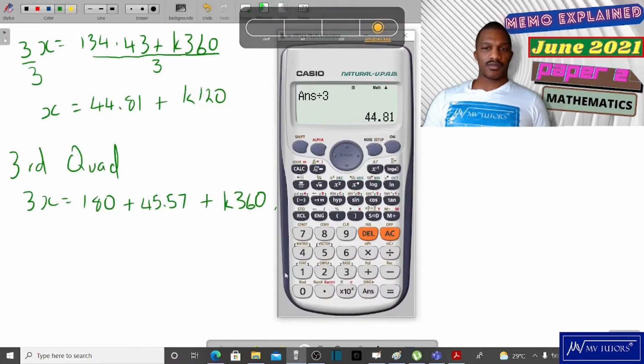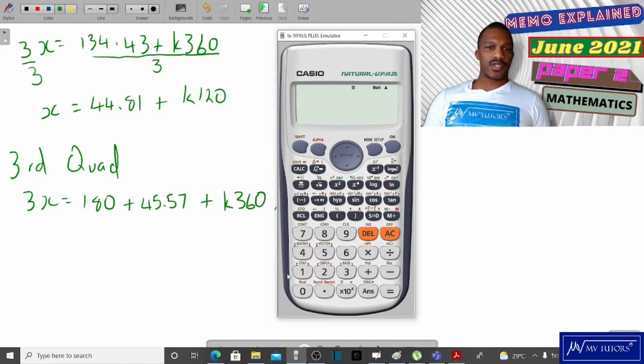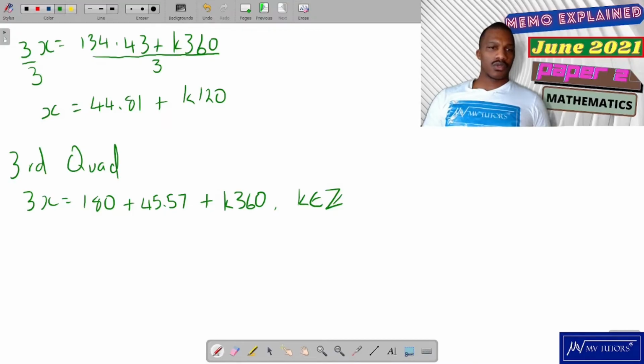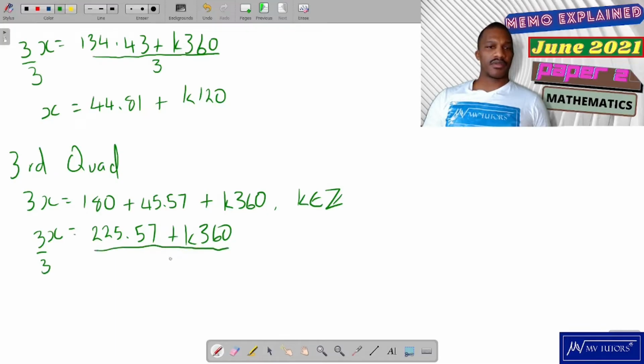This time we're going to say 180 plus 45.57, that gives me 225.57. Good. 225.57 plus k 360, and remember this is equal to 3x, so we need to divide everything by 3